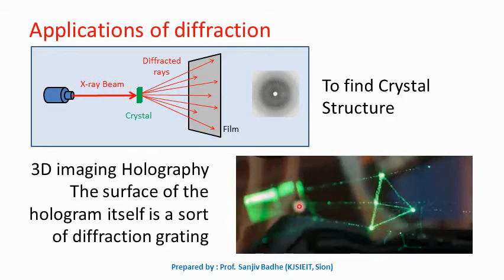This interference pattern records the intensity of light and the phase difference between the light waves reflected from different parts of the object. In order to see the 3D image, this hologram is used as a diffraction grating and the same laser beam is made incident on it. If you look in the particular direction where the maximum is obtained, a 3D image of the object can be seen.